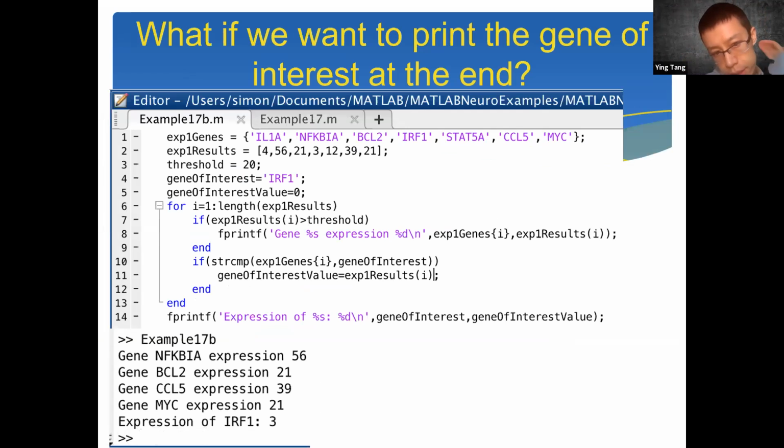So here is our answer here, right? So basically compare strings and print out the gene at the end. So here it doesn't have an if statement because if there is no gene, it will print out the expression of gene of interest is 0. And so whenever I see the last output is 0, it means I didn't find the gene of my interest. So this way of coding